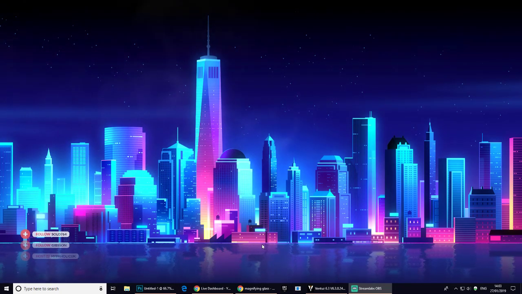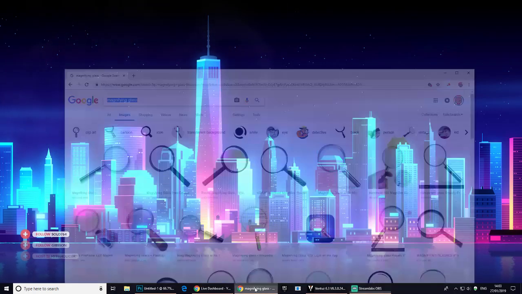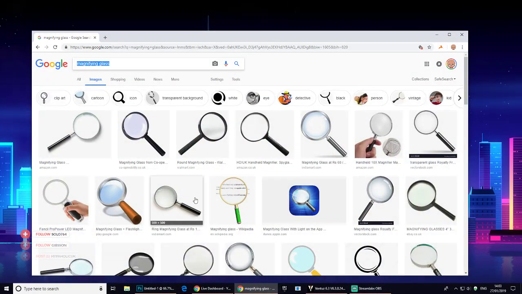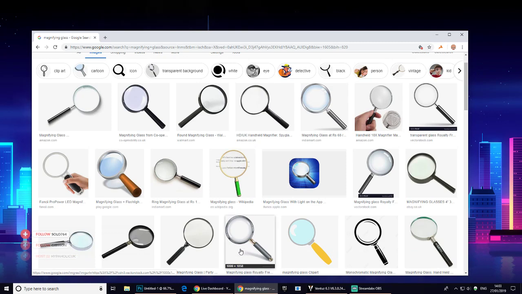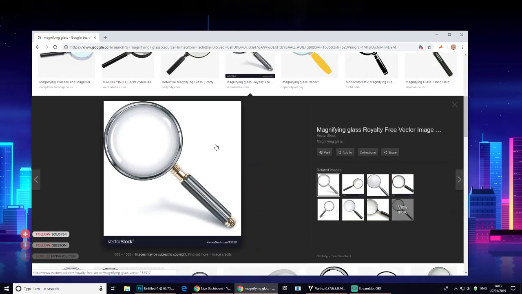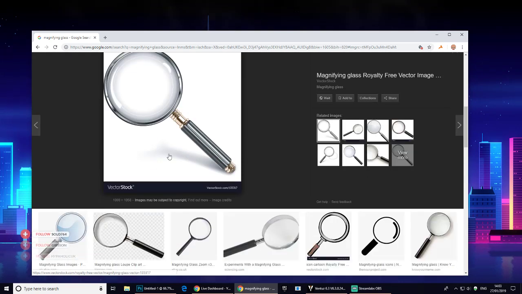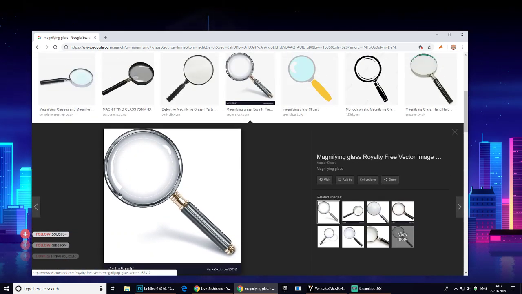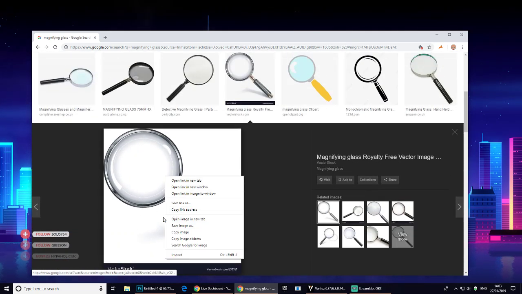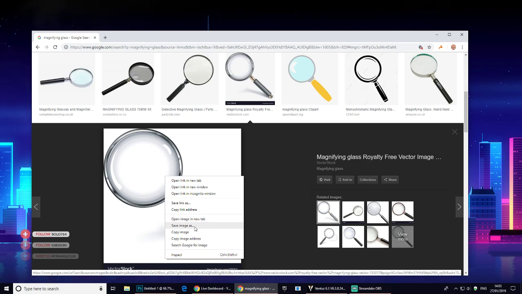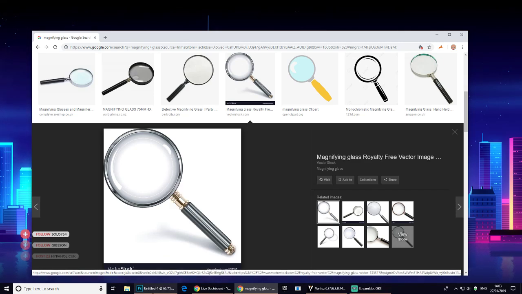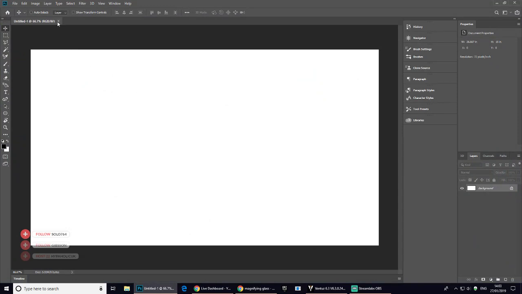I'm going to do a short tutorial today on how to make a magnifying glass and make it interactive, so you can drag this magnifying glass around, whichever one we use. I like this one already. I'm just picking one out. You can of course use a 3D model. It doesn't have to be a 2D image. You can create this yourself. I'm just going to use this one for now, so I'll just copy this, go to Photoshop to start with,